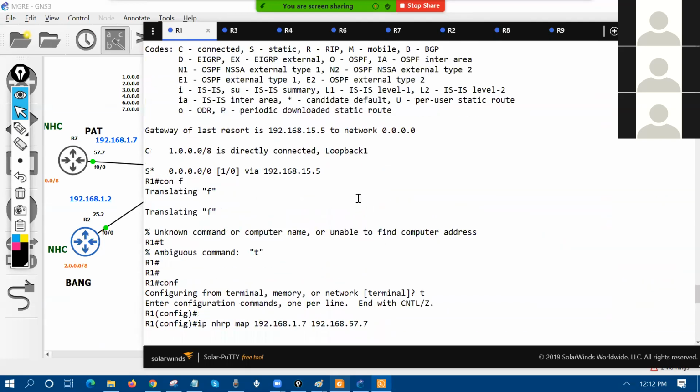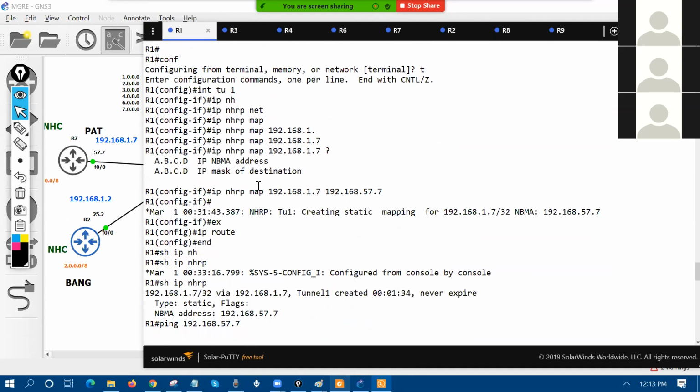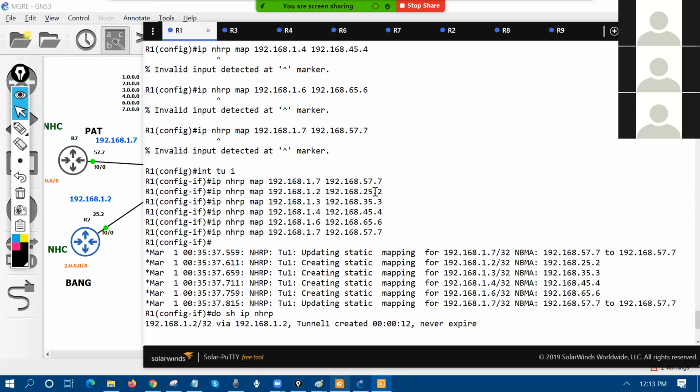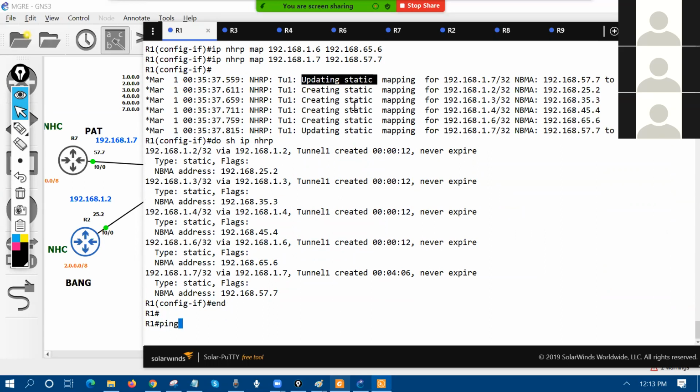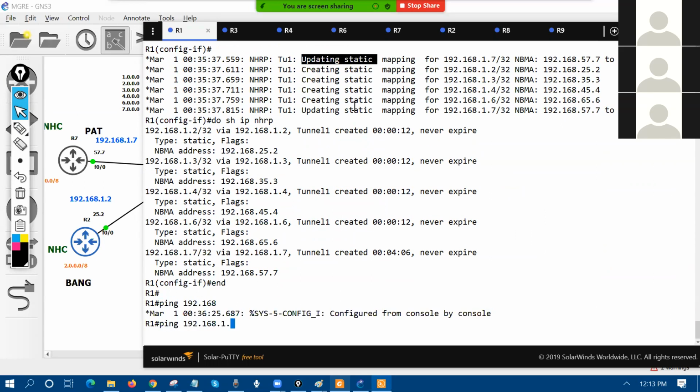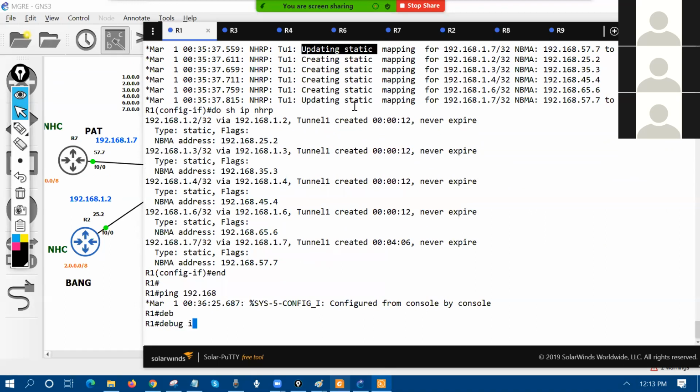I already put this command, if you see. So that's why it's updating only. It's not creating. Whenever they put the new one, it's creating. So can I ping now? 107. If you see, if I say debug IP packet detail,